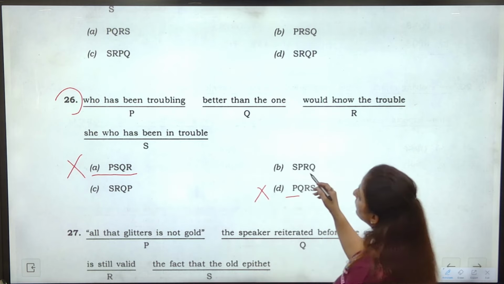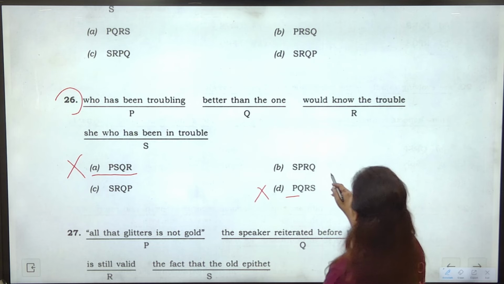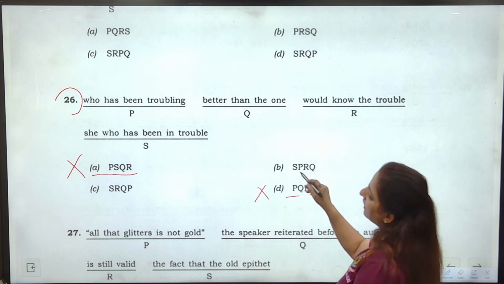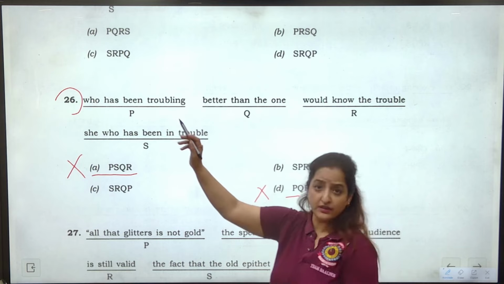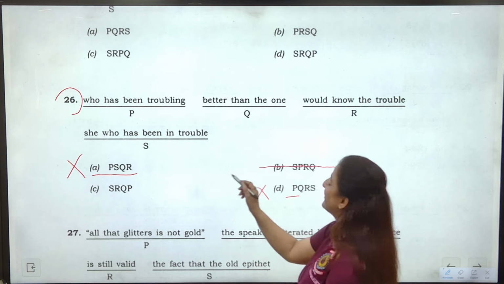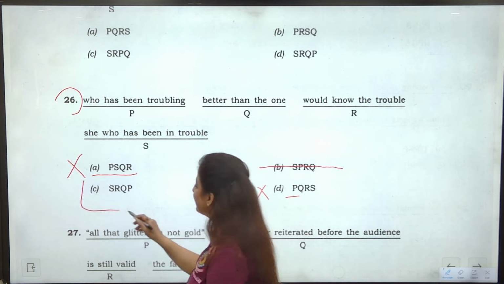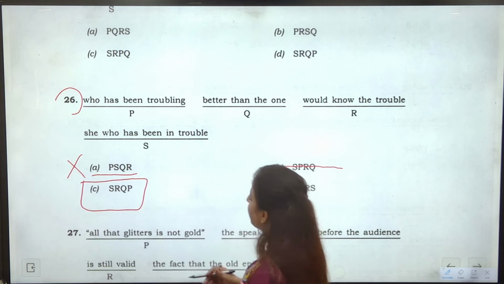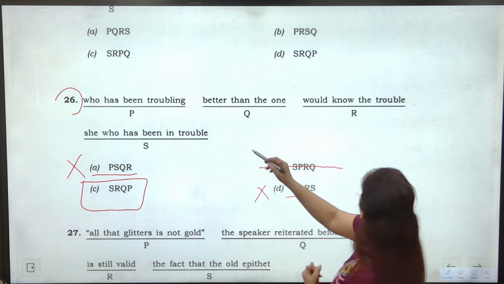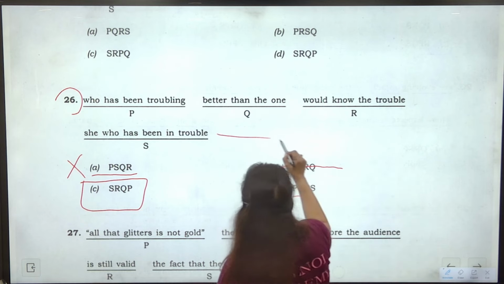Let's read bravo. SPRQ. She who has been in trouble, who has been troubling. ये तो कोई sense नहीं बनी. Yeah. So SP also doesn't go. Yeah. I think we are left with only this. Has to be this. पढ़ लेते हैं. SRQP. She who has been in trouble, yeah, would know the trouble